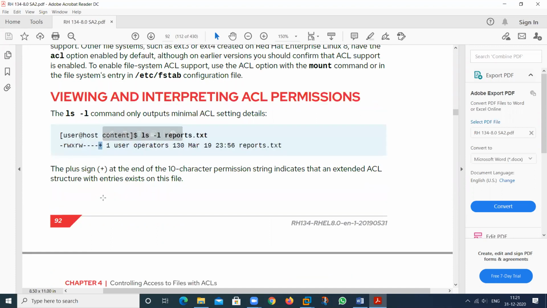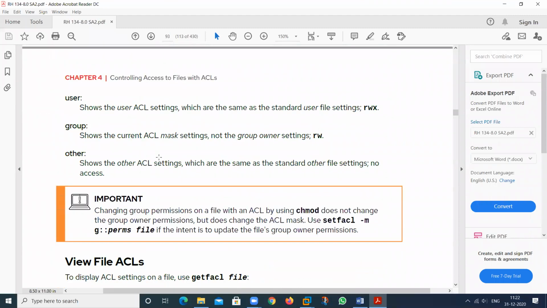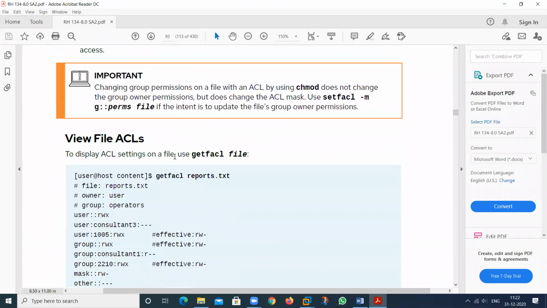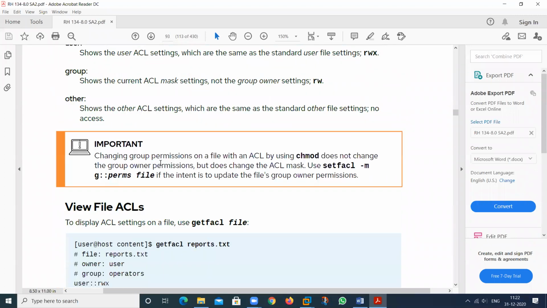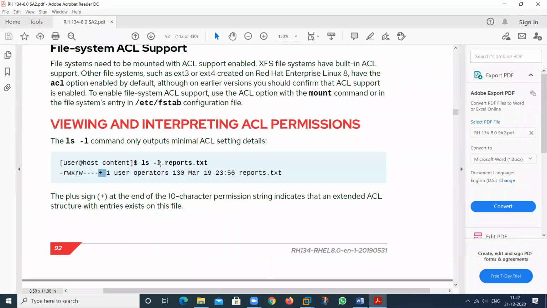So if I want to check whether this particular file and folder have the ACL permission or not, and I see the plus sign here, then we can understand this particular file or folder has the ACL permission. For the folder, we use D. If I place D here, then the folder ACL will appear.